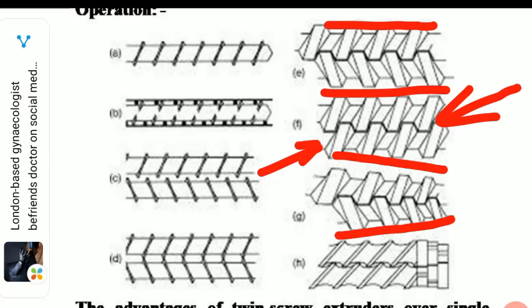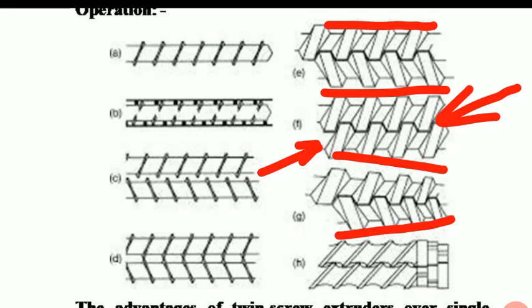And also we shall see the difference between the single screw extruder and the twin screw extruder. In single screw extruder, the conveyance is drag flow. As we see, it is dragging. But in twin screw extruder, we have positive conveyance. And the mixing efficiency is poor in single screw extruder, whereas mixing is excellent in twin screw extruder, particularly counter rotating twin screw extruder rather than co-rotating twin screw extruder.